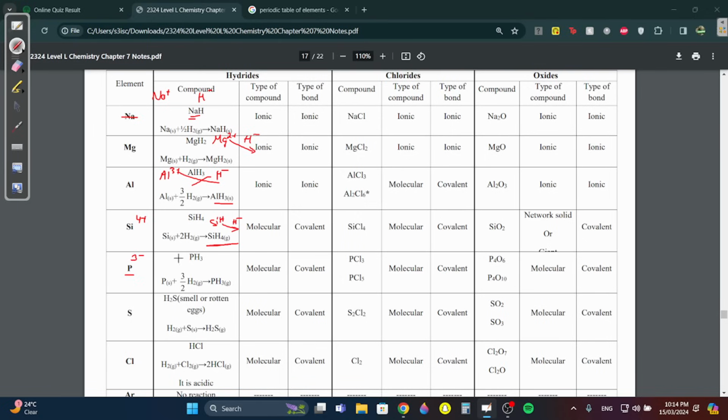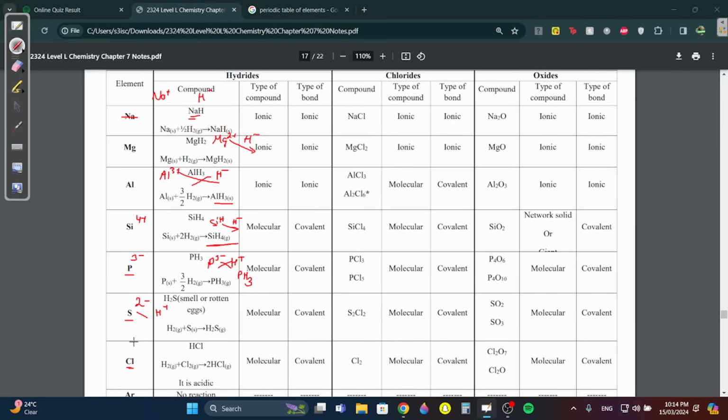Phosphorus is 3 minus because it's in group 5. It goes P3 minus and H plus, crisscross, PH3. Sulfur is 2 minus since it's in group 6. S2 minus and H plus becomes SH2. Except for sulfur